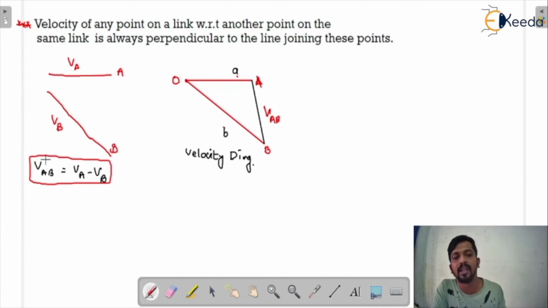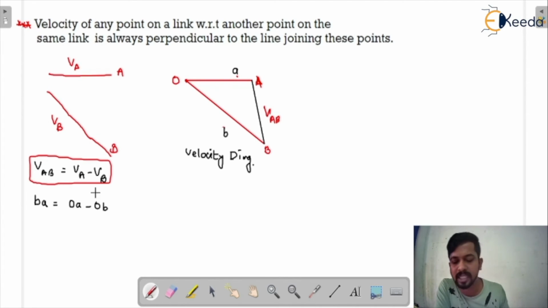Now we are representing them in terms of velocity diagram terms, and we have used the small letters in the velocity diagram. So we can write VAB, and VAB means VA minus VB basically. We will represent it as ba when we are representing it in terms of velocity diagram terms. So ba is equal to, can it be written as oa minus ob? Yes or no? ba can be represented as oa minus ob.